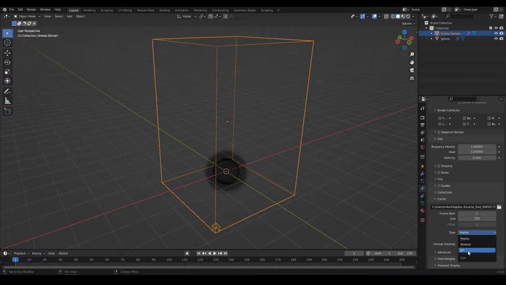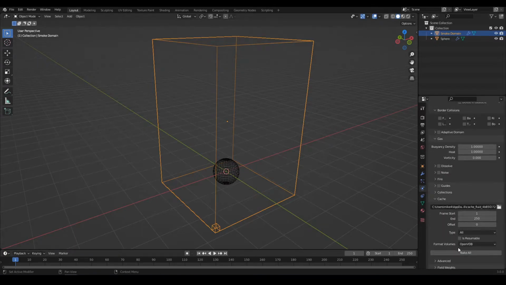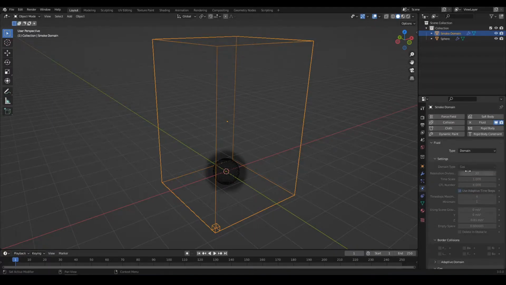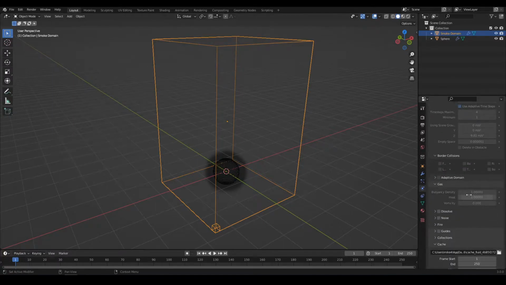And then you can switch to type all, meaning this will bake everything from the simulation. So let's click on all. You can see it's going much faster because it's only calculating the simulation and not playing the scene. But what you can see now that the baking is done, all the parameters are grayed out, meaning that now you can't change the parameters anymore. You would have to delete all the cache, clicking on free all, if you want to change the parameters again,